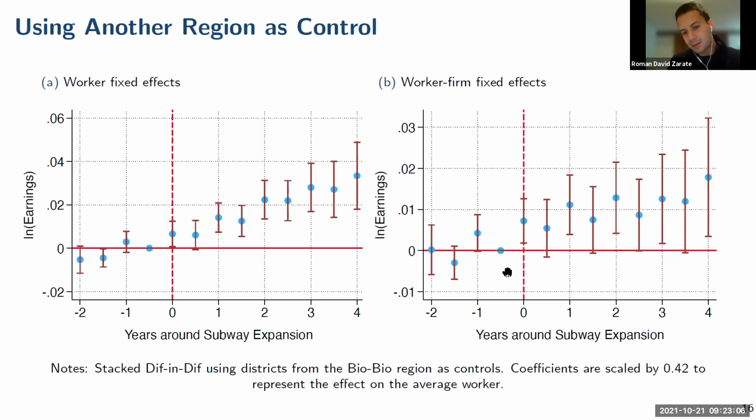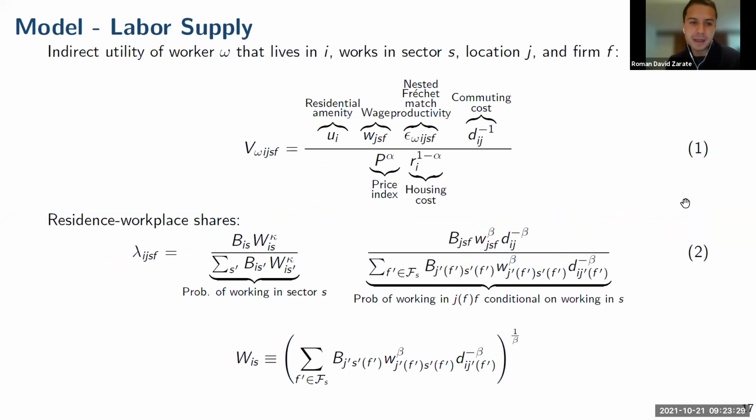And similarly, for the workers who do not switch jobs, in particular when we include these worker-firm fixed effects, we also find an effect of around 1.5%. So the point estimate is a little bit smaller, but still the workers that do not switch jobs and have better outside options also experience some gains in their earnings. Okay, so based on that evidence, we build this spatial quantitative model in which firms are going to exert labor market power. I'm going to skip this model very quickly, and I'm going to go over the results of the model.